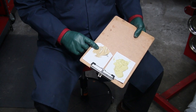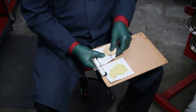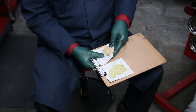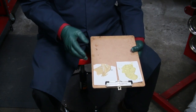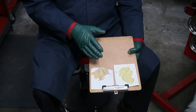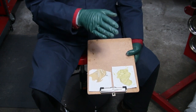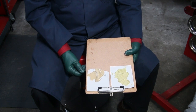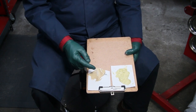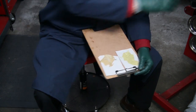This over here is a sample I did a couple days ago. And it is rock hard. And there's no flex to this at all. So what I wanted to demonstrate here is the timing. The timing of when you work the filler and when you do the initial leveling and sanding. You obviously don't want to wait a day, but even if you wait a few hours,